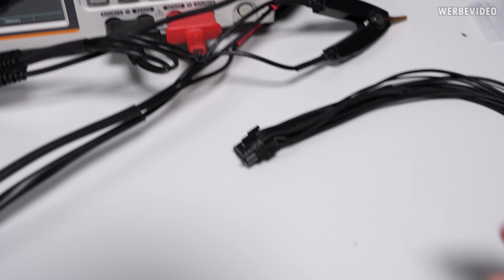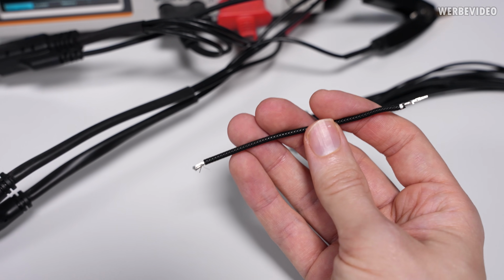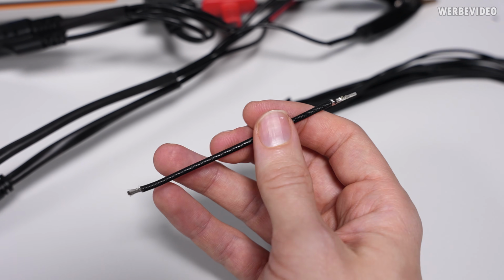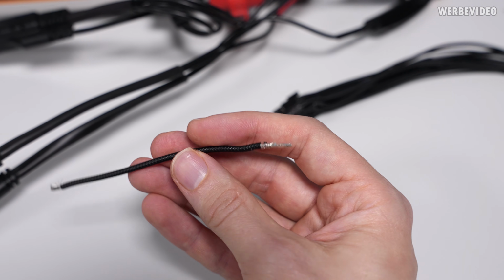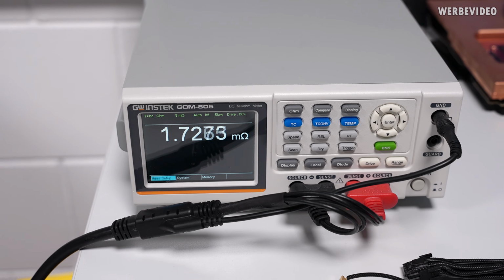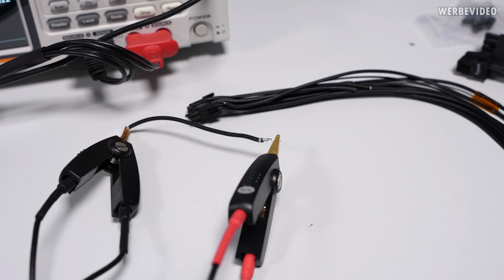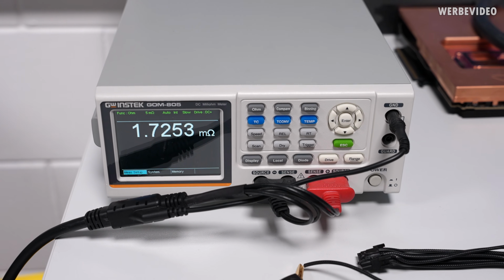And here I took out a small wire from this Corsair 12-volt high power cable. It's exactly 10 centimeters long. And now we will measure the resistance from the start of the wire to the front. This should give us the total resistance of the wire plus the contact resistance of the small pin in front. And in this case, we measure 1.7 milliohms for the tiny wire with the contact in front. So that gives us the resistance of the pin, of the wire, and the contact resistance, all three together, only